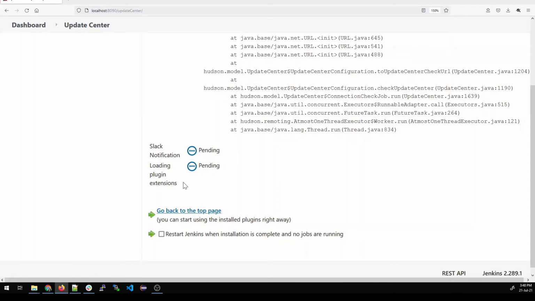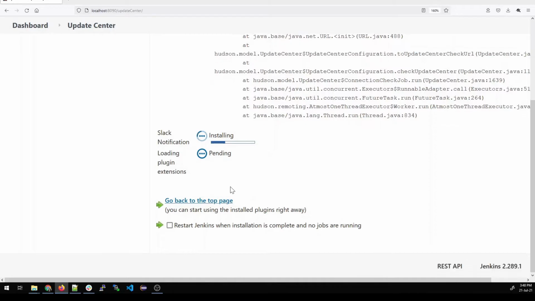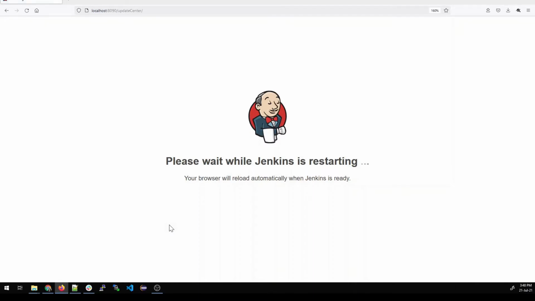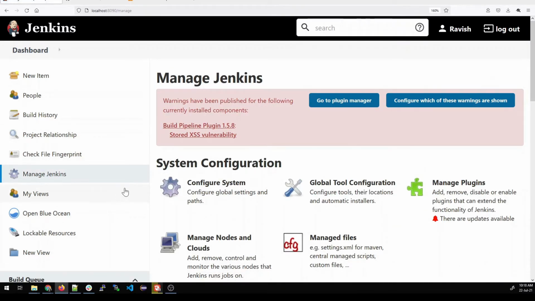So this is the plugin that was explained in the few slides we saw on the screen, and this is the main thing we are going to install to make this integration possible. Now restart Jenkins once done. Now you know the drill. What we have to do: go to Manage Jenkins, go to Configure System, and we'll see whether Slack has appeared over there or not.